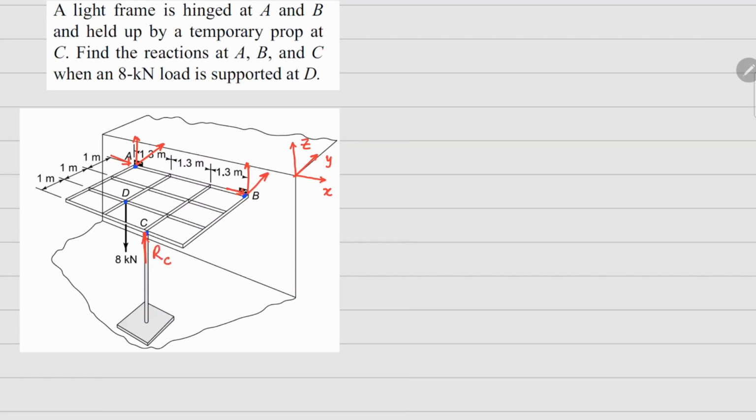So this is reaction at C, RC, and this is at A, so I'll call this RAX, this one as RAY, and this one as RAZ. Similarly, this is RBX, RBY, and RBZ. Okay, now all the distances in the X direction, they are 1.3 meter here, and in the Y direction we have these blocks which are 1 meter each. So now for equilibrium purpose, let's do the force balance,